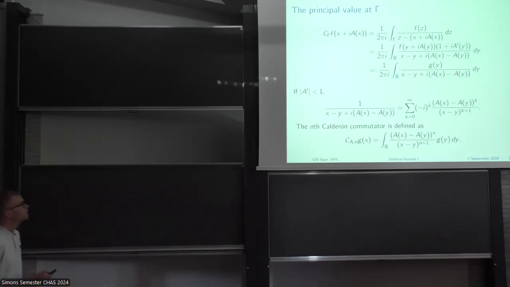Then you say that this part upstairs is my new function g, and I'm left with this denominator here. Now suppose the Lipschitz constant were smaller than 1, then I can write this kernel as a geometric